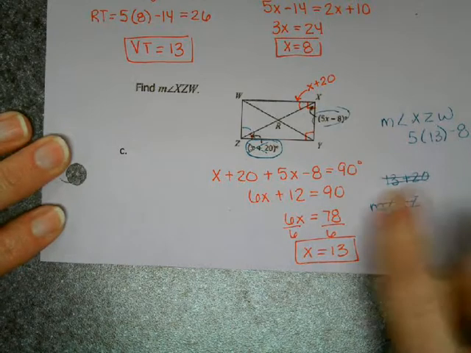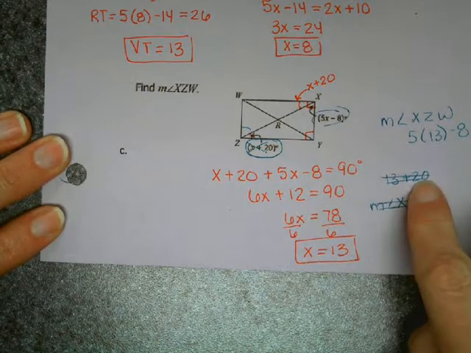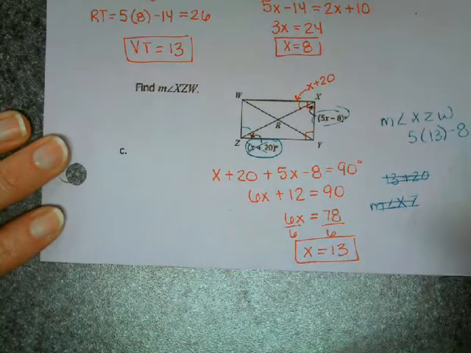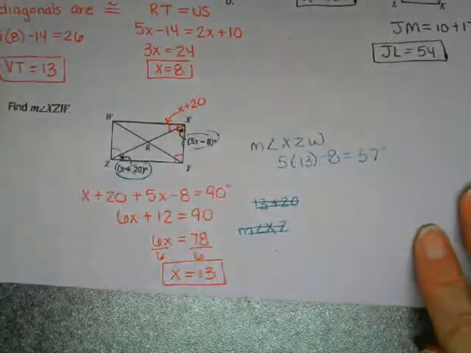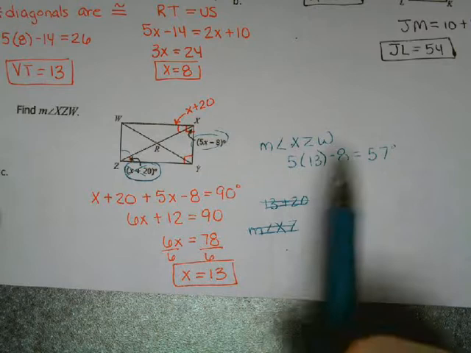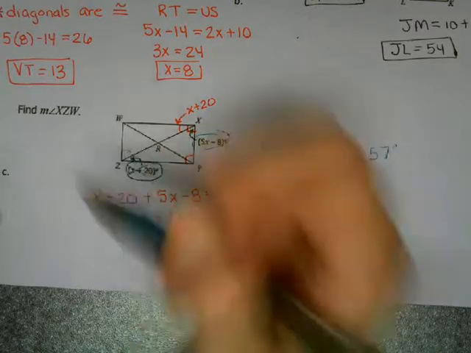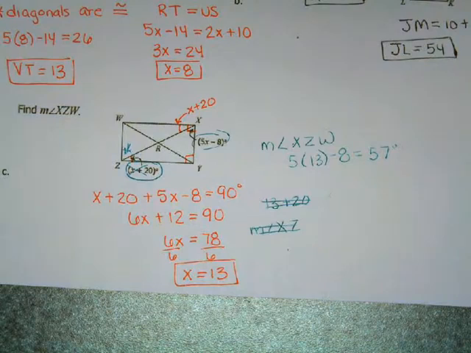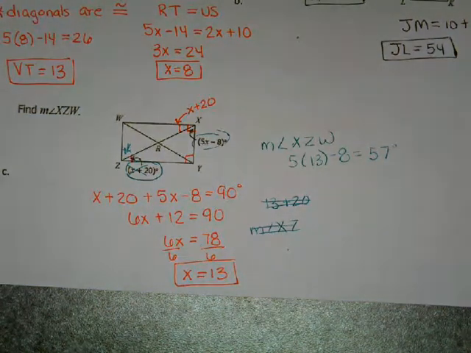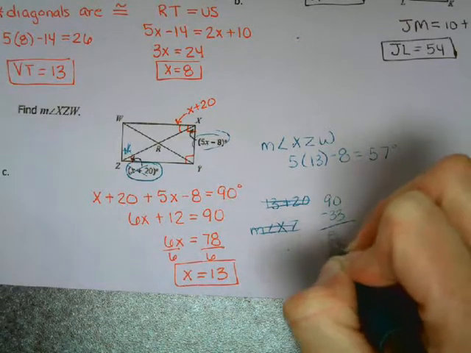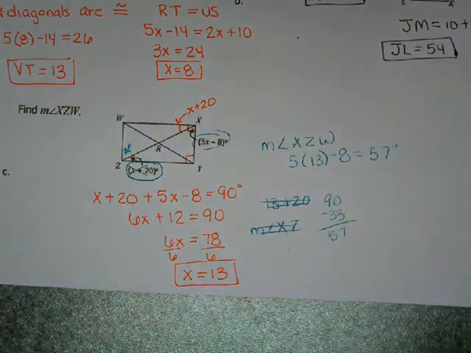No, that is 57 degrees. I guess if we had plugged it in here and got that was 33, we could have taken 90 minus 33, and still got my 57. So just a couple different ways to do that. If you read the letters right, it was XZW, so I needed this angle here, and I accidentally put it in that angle. So if you found that angle was 33, you could always just take 90 minus 33, and that could also get you the 57. So multiple correct